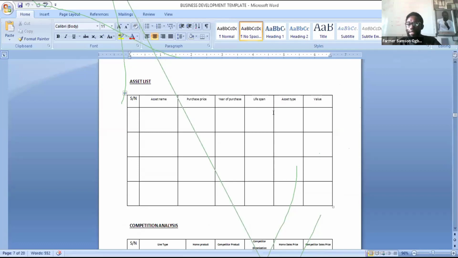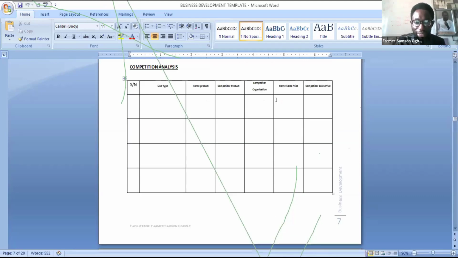Just an example. Then, what is the asset type? What is your asset type? Then the value. So what is the current valuation? The purchase price was then. What is the current? Now, to get your current valuation, imagine if you were to buy that tractor or that asset from you. Imagine a friend had that asset and you needed to buy it. Next,